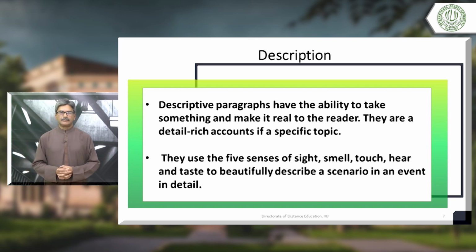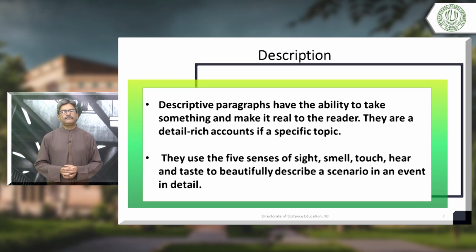Now, the second type of paragraph is description or descriptive paragraph. Descriptive paragraphs, as we discussed last time, have the ability to take something and make it real for the reader. They are detail rich accounts related to a specific topic.